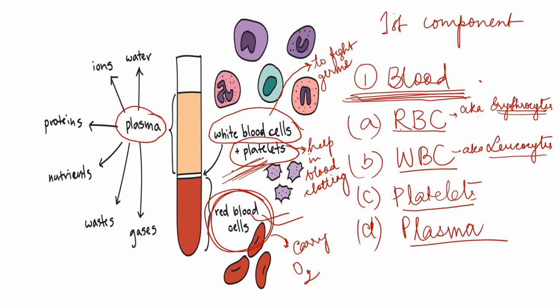they serve as a medium for these red blood cells, for these white blood cells, for these platelets to stay inside a body. Okay, see, red blood cells, white blood cells, platelets, they also need a medium to float around in our body, right? So who gives that medium? It's the plasma. This plasma also contains, what does it contain? It contains water, iron, protein, nutrients, wastes and gases, and also it provides a